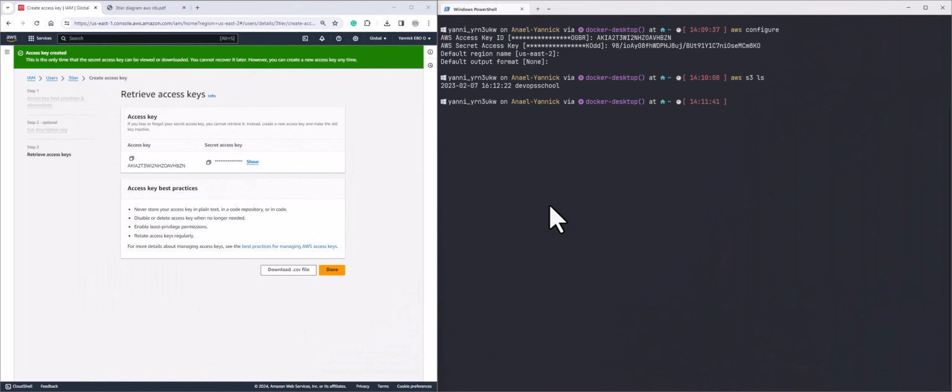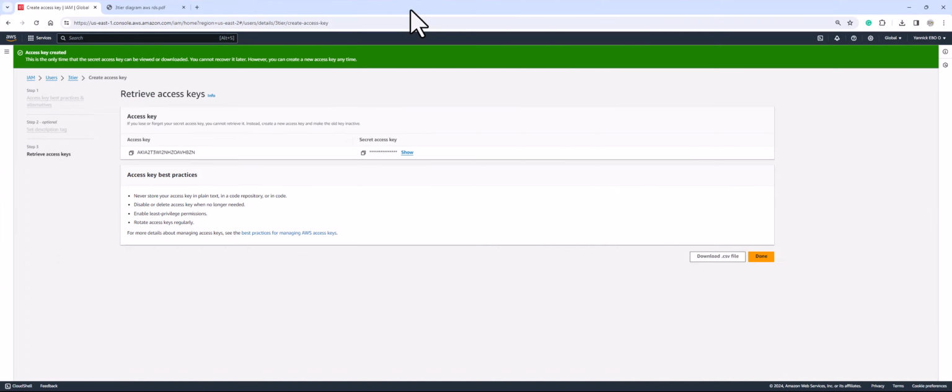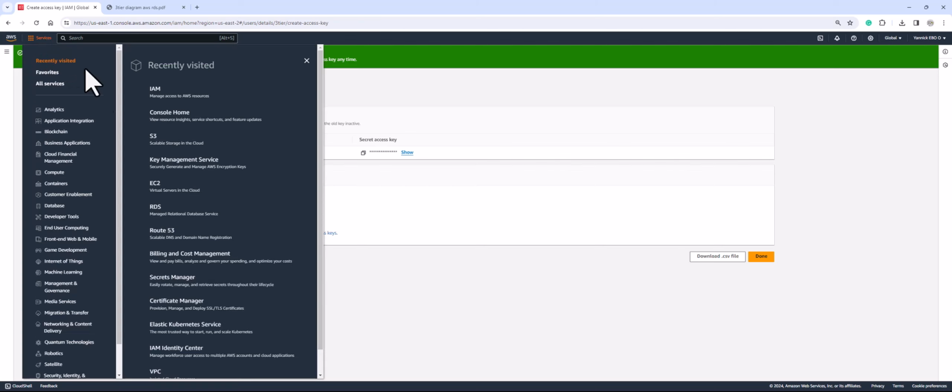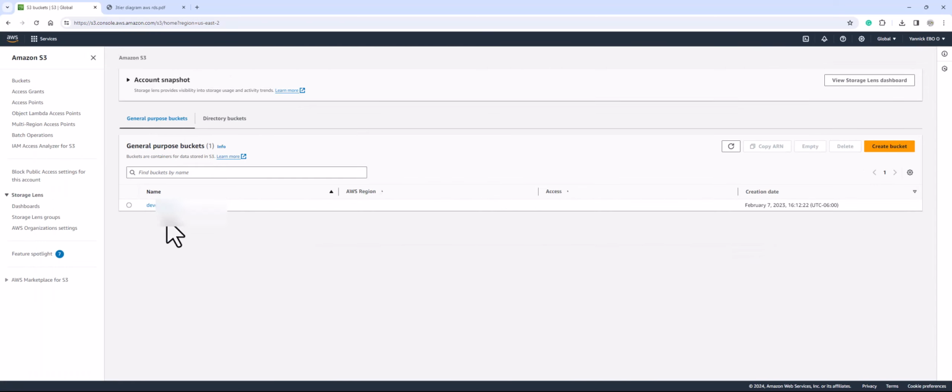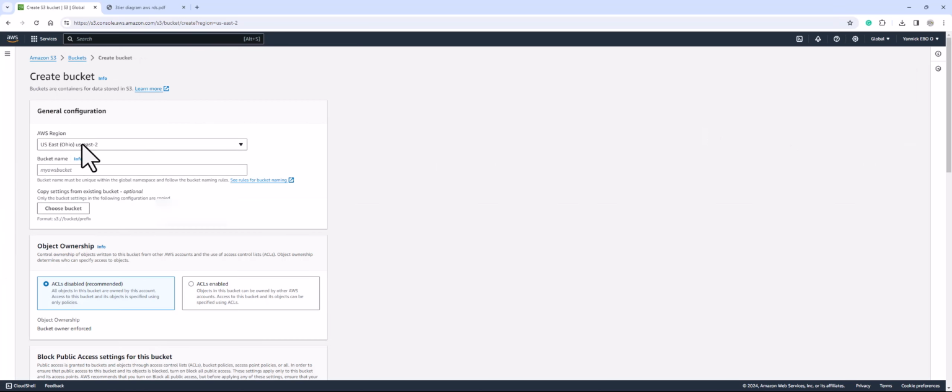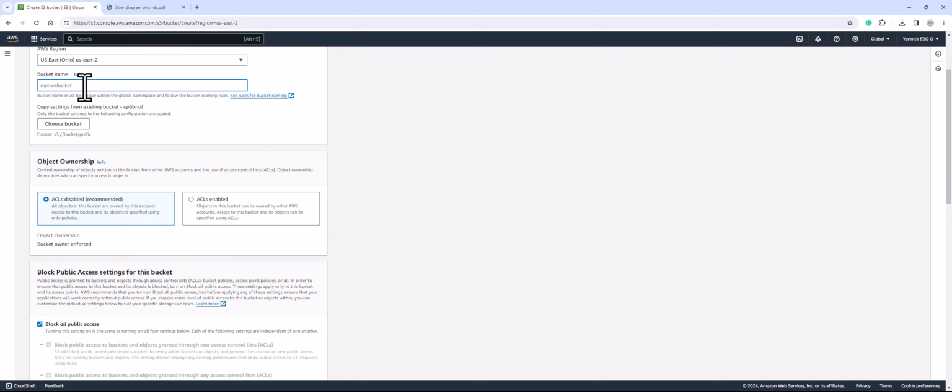So the first thing we're going to do is go back to the AWS console. I'm going to make it bigger. Then I'm going to go to services. Then I'm going to look for S3 bucket. I do have one S3 bucket, but I'm going to create another one in the same region, and I'm going to call it, let's call it 3-tier